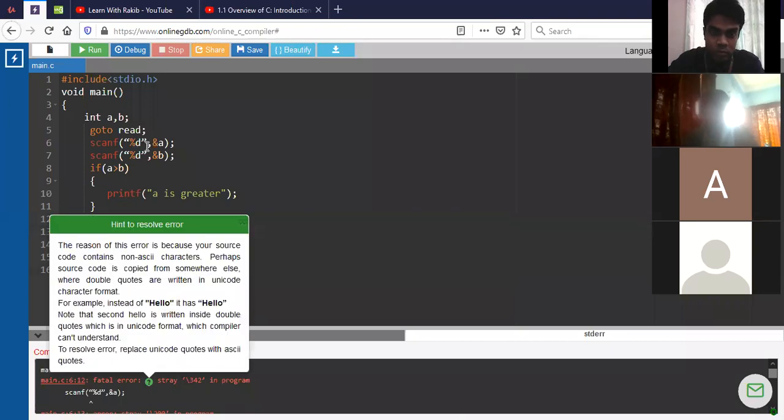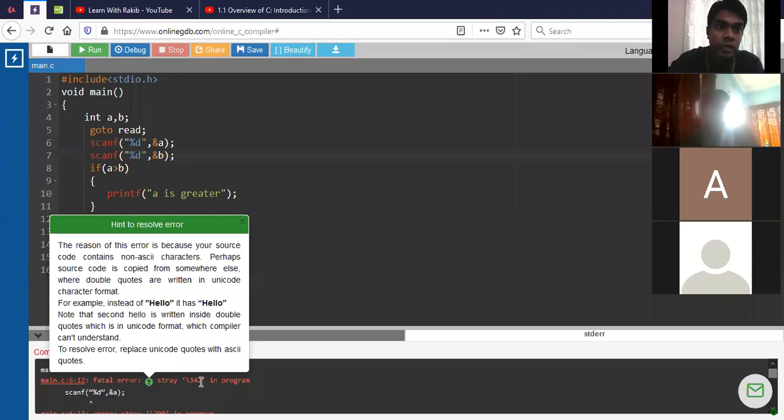Okay, so it is showing some error. Because this one is not a double quotation, I copy pasted it, that's why it is creating some problem. Make it correct first.